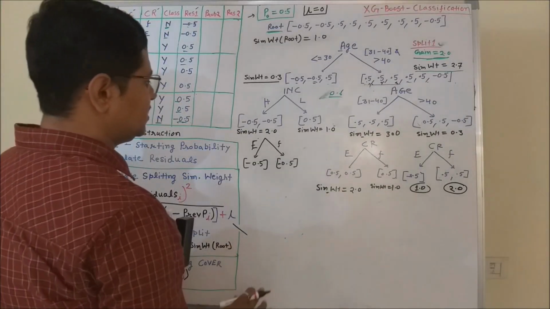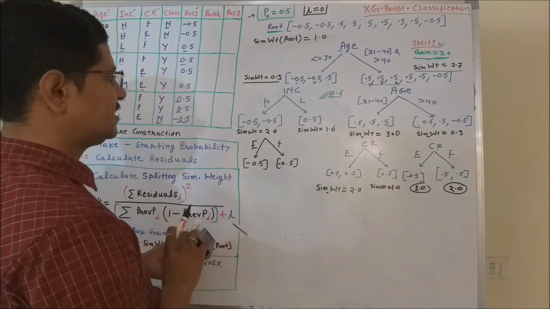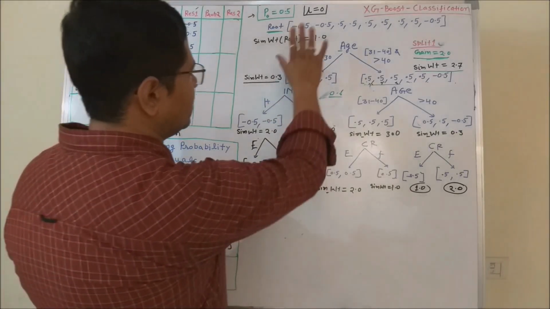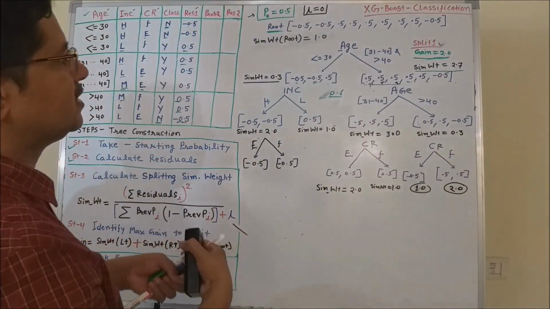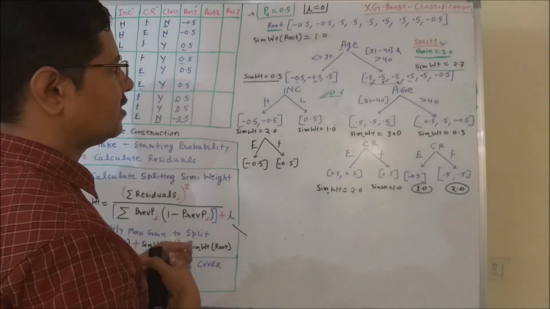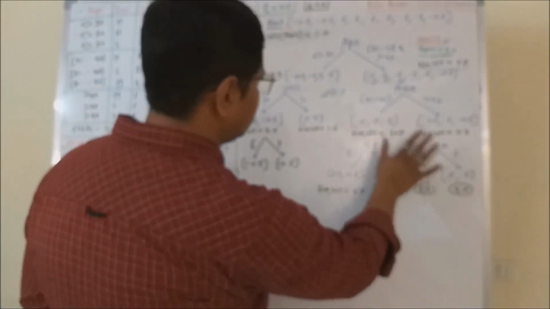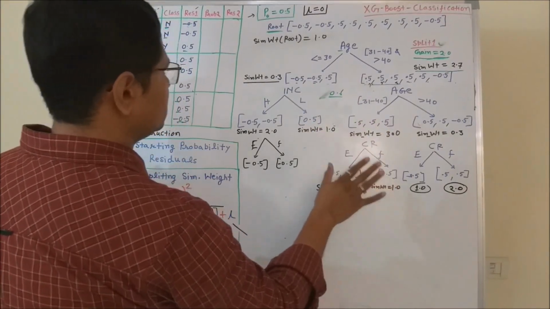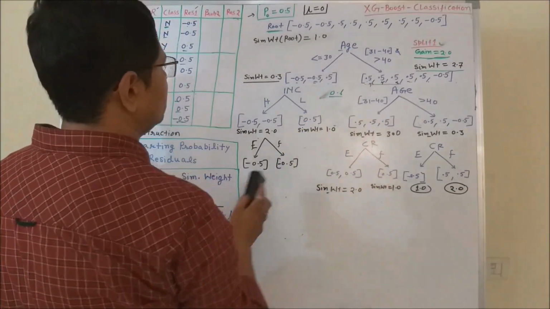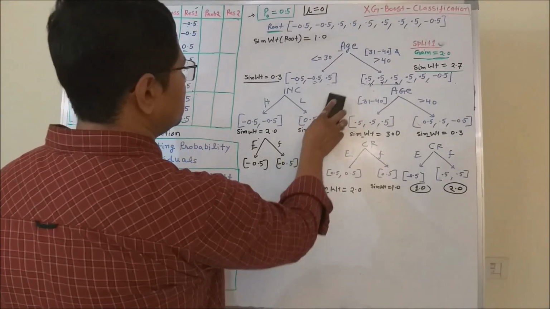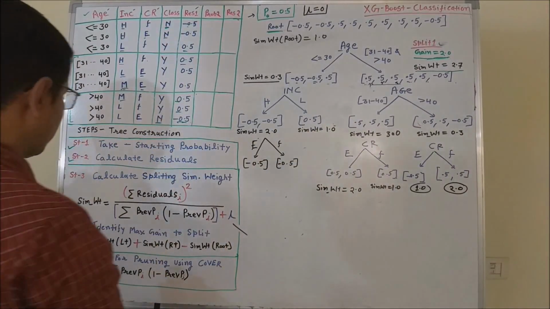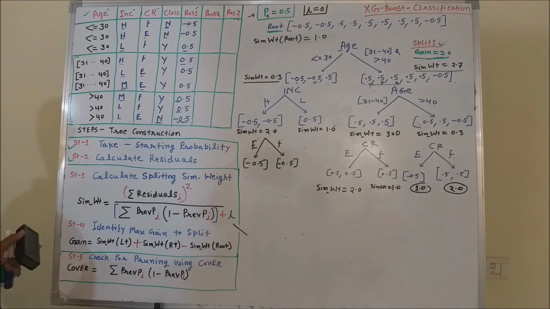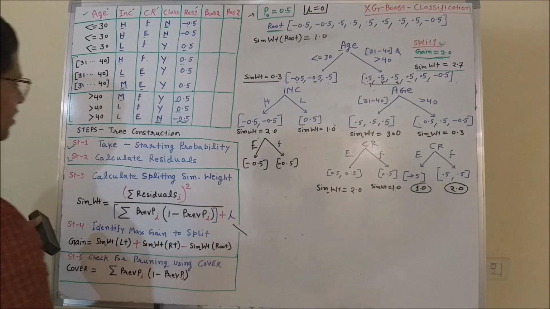Now the next thing for which we can start thinking is pruning. For example, we have grown the tree up to level 3. Do you think that growing the tree at this level will give you the optimal results, or is such kind of tree growing good? Then you can check for the pruning scope by using the cover.